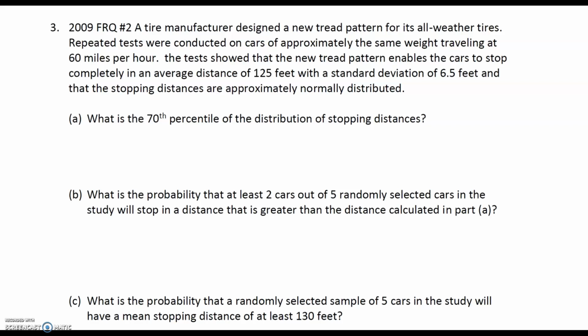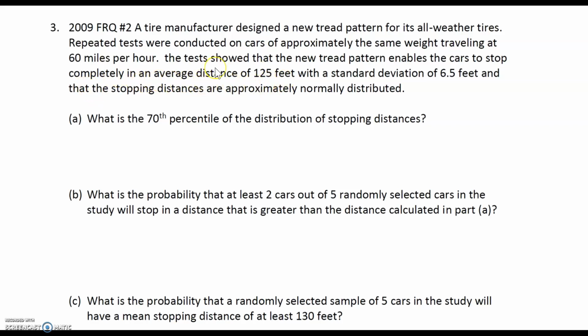Okay, so here is a probability review problem. It says a tire manufacturer designed a new tread pattern for its all-weather tires. Repeated tests were conducted on cars of approximately the same weight, traveling 60 miles an hour. The test shows that the new tread pattern enables the cars to stop completely at an average distance